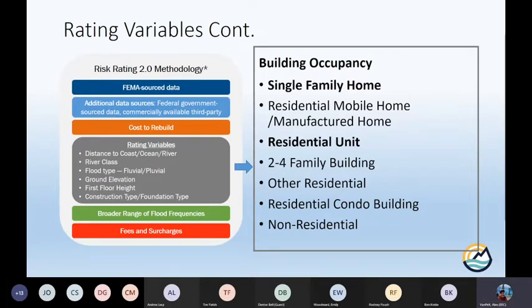Single family home and residential units used to be considered one occupancy type. Now they've been split out. Single family homes are the ones you expect, slab on grade or on a crawl space, but it also includes things now like townhomes or row homes. Whereas a residential unit would be an apartment above a laundromat or above a business, which is more of a mixed use occupancy. So those are going to be different.